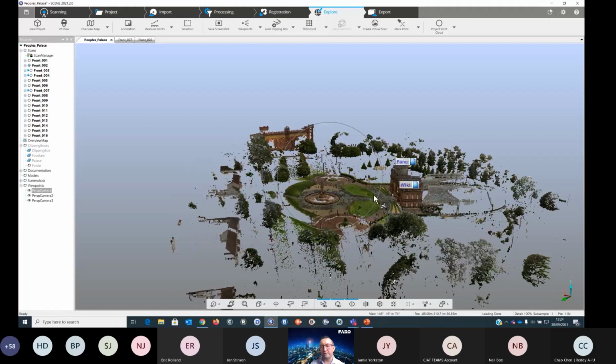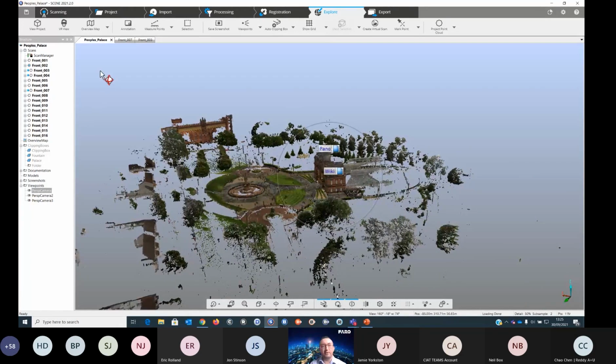What I've done on here is I've scanned around the front of the Dalton Fountain. It's captured all this information, and all this stuff in the background. With Scene, as I've said, the workflow is left to right. I can actually control my scanner through the laptop. The scanner itself has Wi-Fi, so I just connect to the station and I can basically turn on the scanner